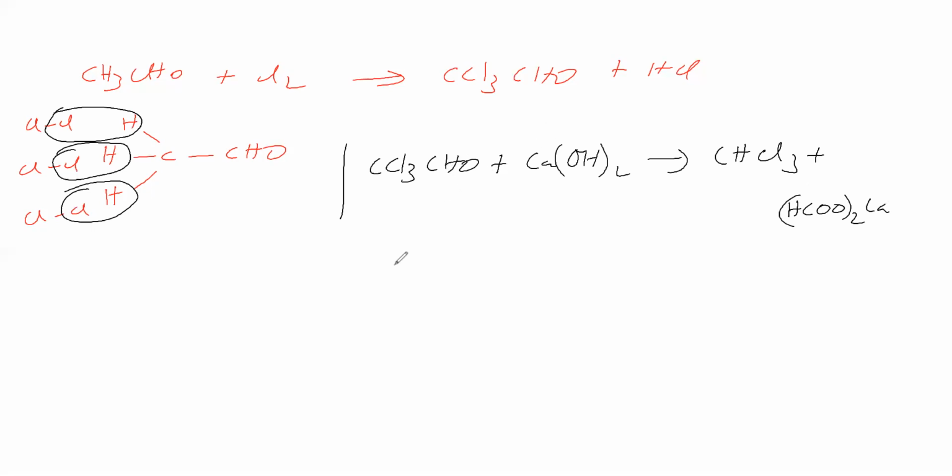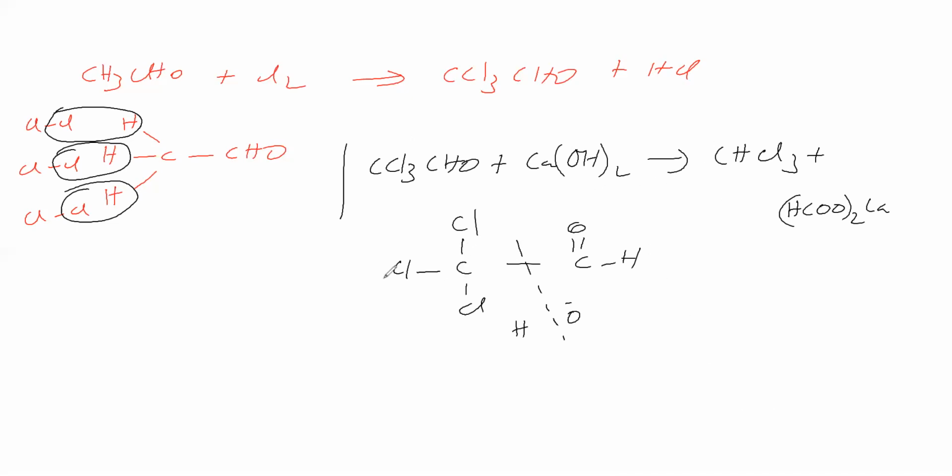So here this chloral, CCl3CHO, you have to break like this, then you give H here and you give O- here. So here you give H to get CHCl3. This becomes formate, and formate with calcium gives calcium formate. So chloral on hydrolysis in the presence of base, either sodium hydroxide or calcium hydroxide, gives chloroform.